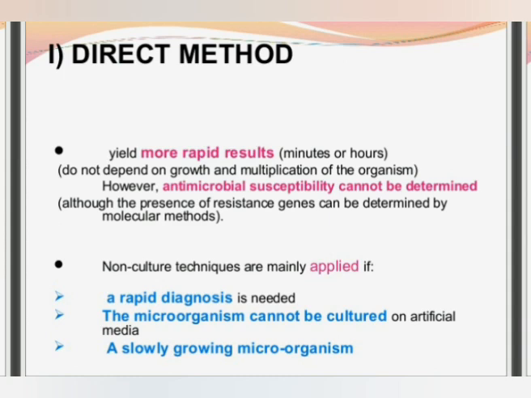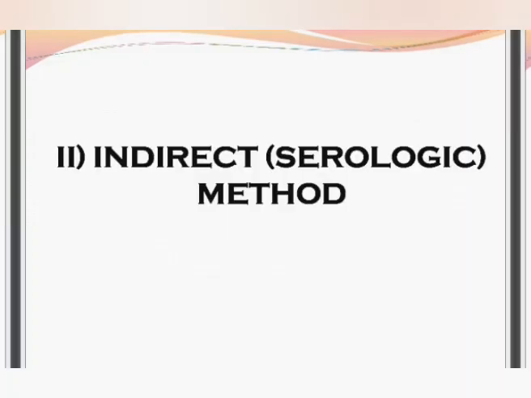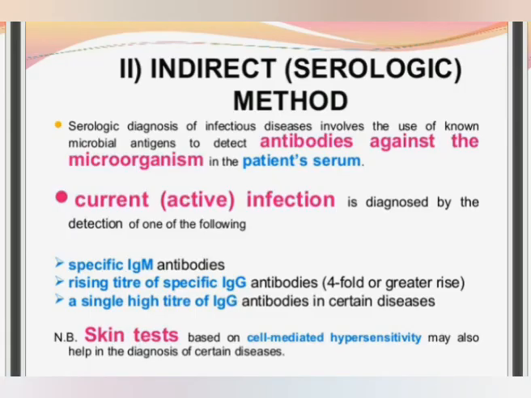And indirect serological methods. Serological methods are used for the detection of antibodies against the microorganism in the patient serum. Active infection is diagnosed by the detection of specific IgM antibodies, a high titer of specific IgG antibodies, or a single high titer of IgG antibodies in current disease. Skin tests are used, the Mantoux test for the